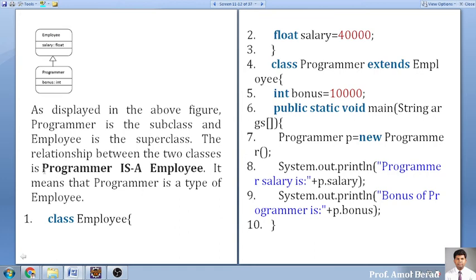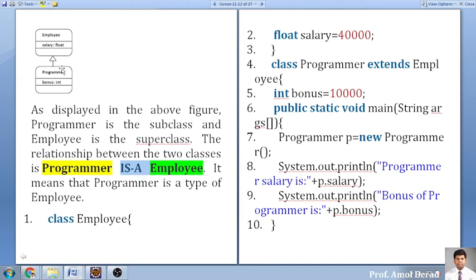Whenever we are writing this, programmer is an employee. Meaning employee is a superclass and programmer is a subclass. The triangle denoting from bottom to up means this is an is-a relationship. Meaning employee is a bigger tree and among this a small set is present, which we call a programmer.